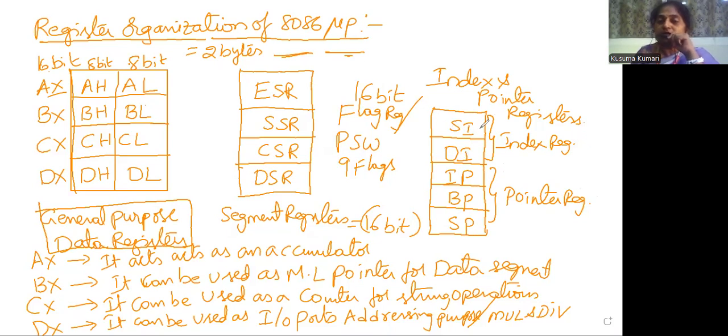So what is the purpose of this? Index registers, source index and destination index register. Source index register is